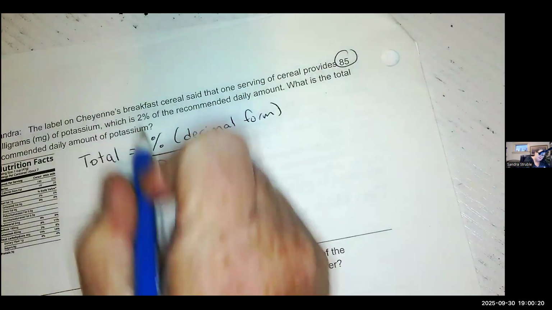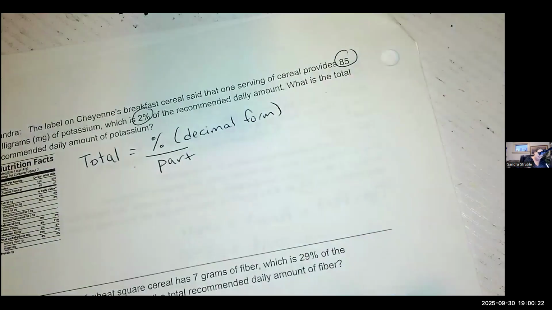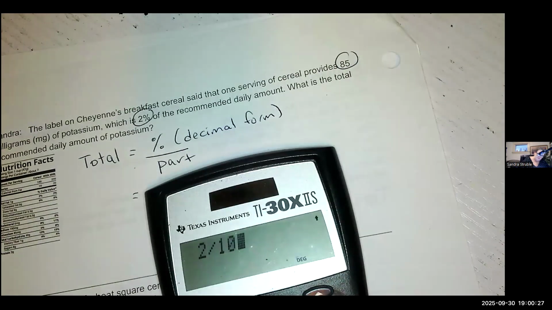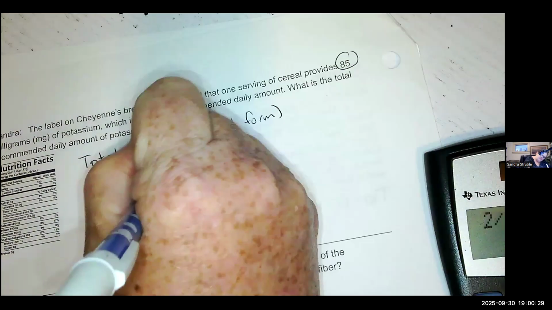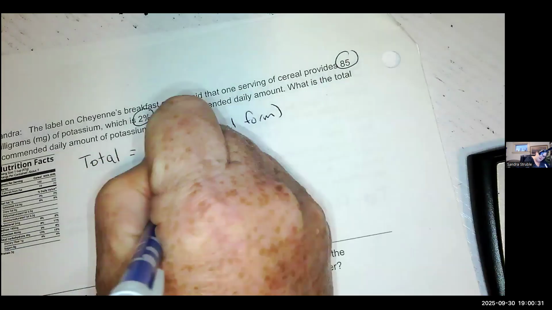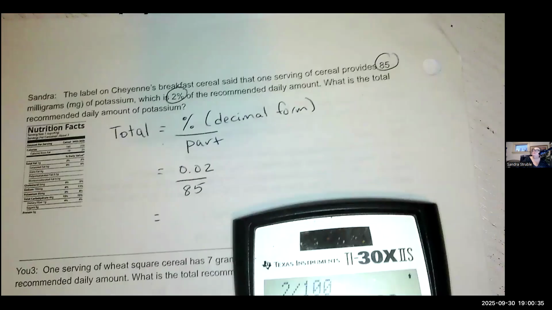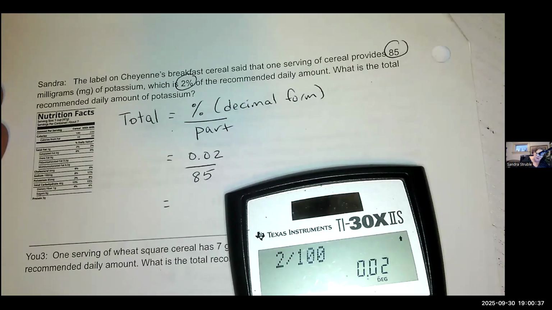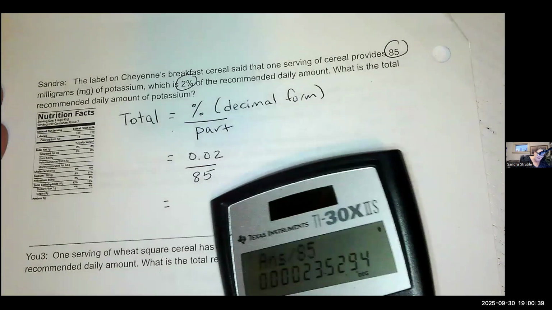Okay, the percent is 2%, but we have to have it in decimal form. 2 divided by 100 is 0.02 divided by 85 milligrams. And our answer should be in milligrams as well. So 0.02 divided by 85 is